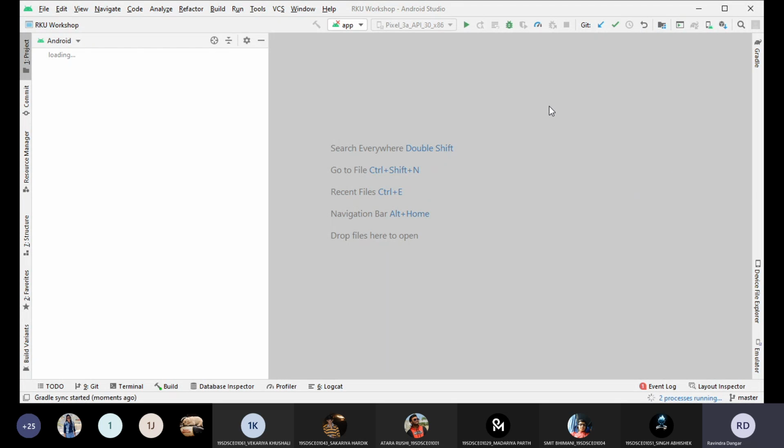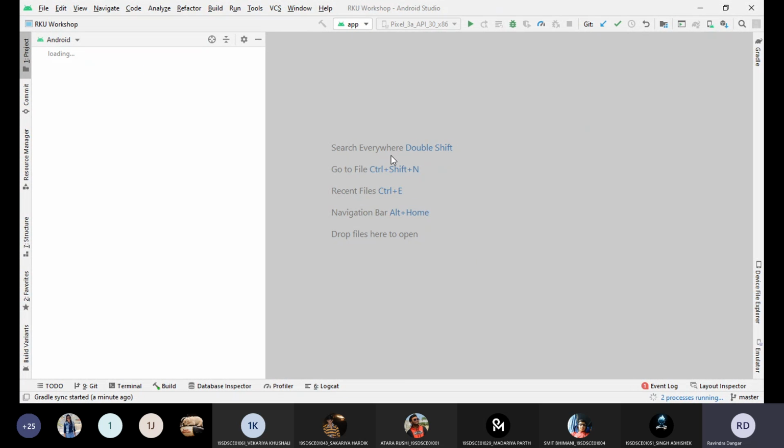Again, I'm repeating, if you are not able to install Android Studio, you will have to ask me, you'll have to call me, because it is very important that you install Android Studio on your system. From now onwards, in each session, we are going to discuss things regarding Android Studio only, like how to create the applications, how to deploy them, everything. So if it is not installed, then you are nowhere. So make sure that if you have a laptop, you install Android Studio in time.